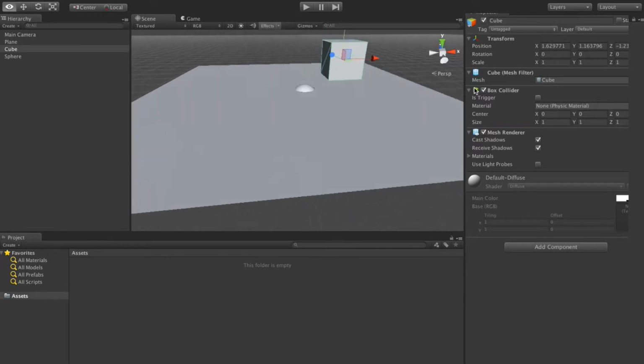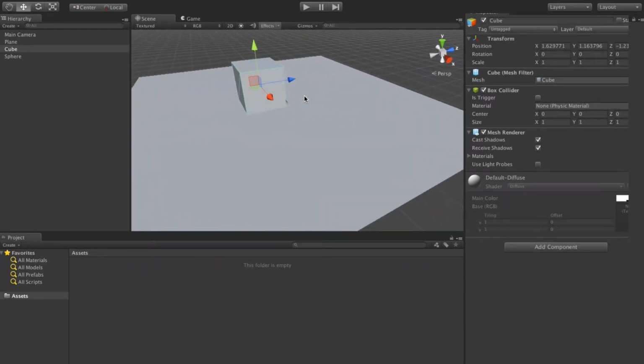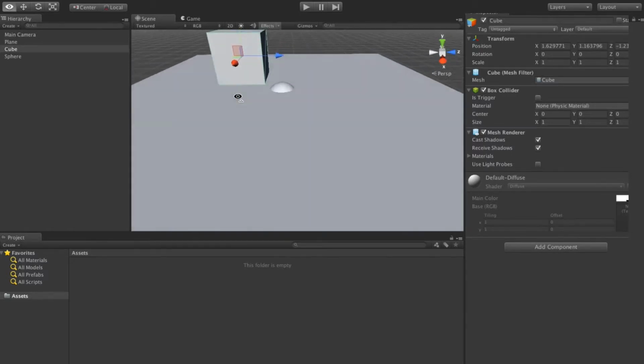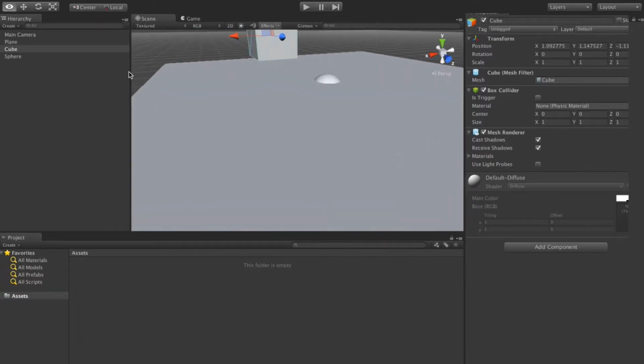So working with 3D objects, you have to make sure it's precise, and these arrows are a great way of making sure it's precise. So this will move it along this axis, this will move it along that axis, and this one will move it up and down. So if I wanted to get it sitting on top of the sphere perfectly, I would pan around it,